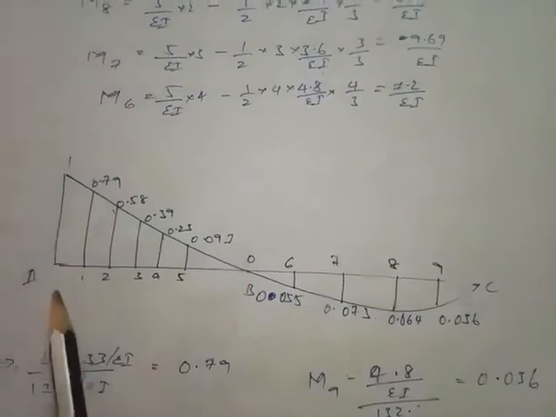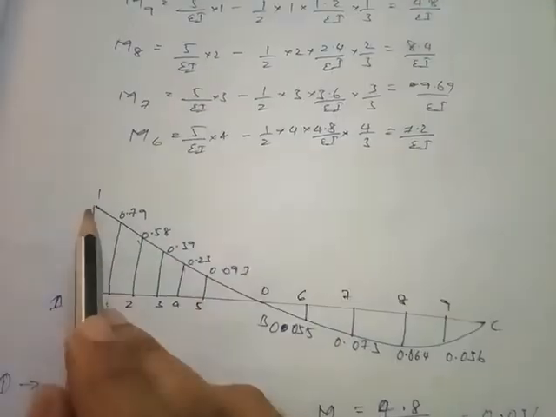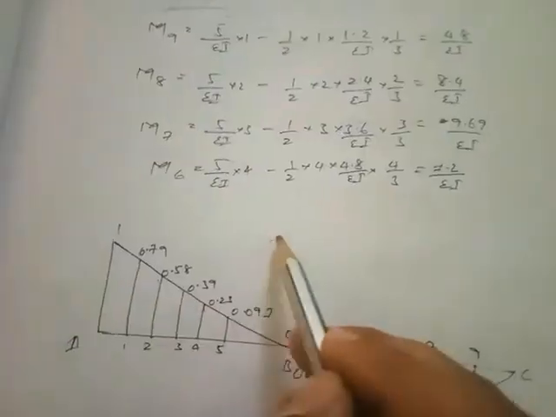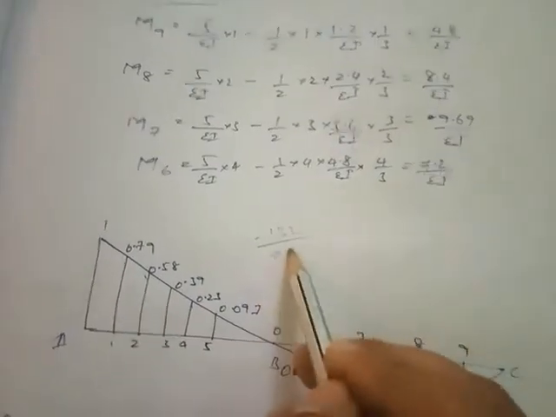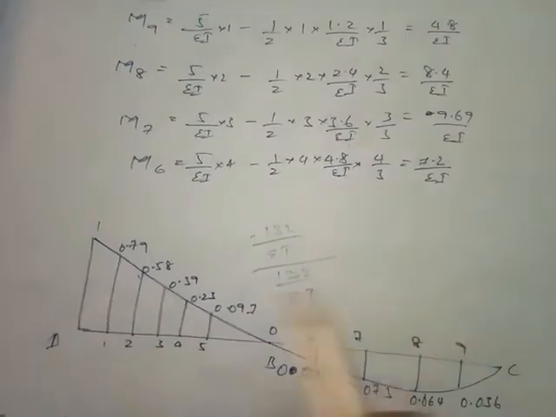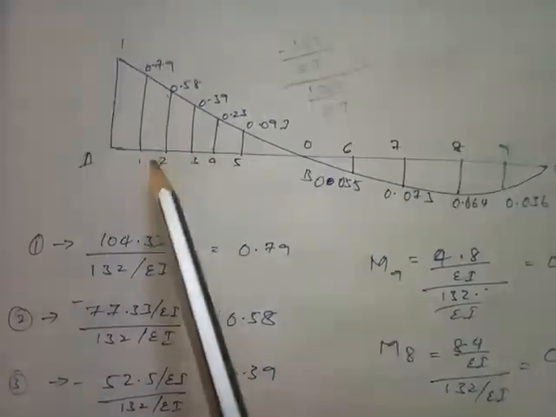This is how we draw the influence line diagram. At point A it is the same, that is minus 132 by A divided by 132 by A. This will give us 1. Whereas for the second case,